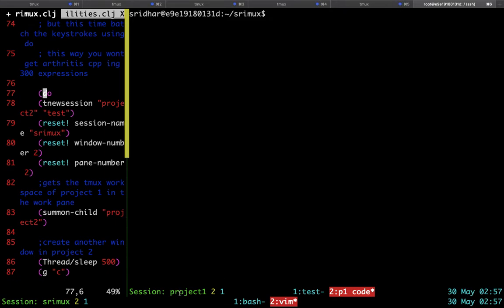So here is where the name of the session that is nested is. Just notice that particular section. I'm evaluating CPP right now. So you saw the same layout has been created with a new project called project 2. So this is how entire layout creation can be automated and new projects can get created, if not created for the first time, with just a few keystrokes.